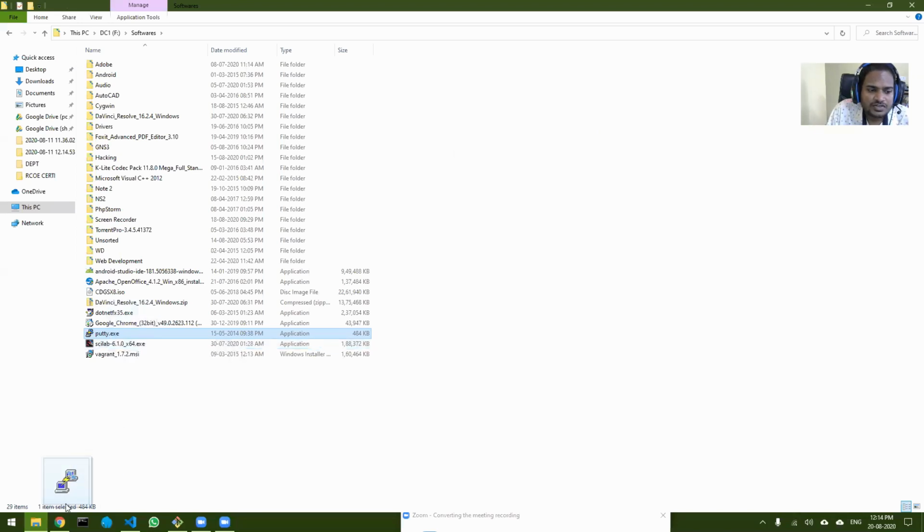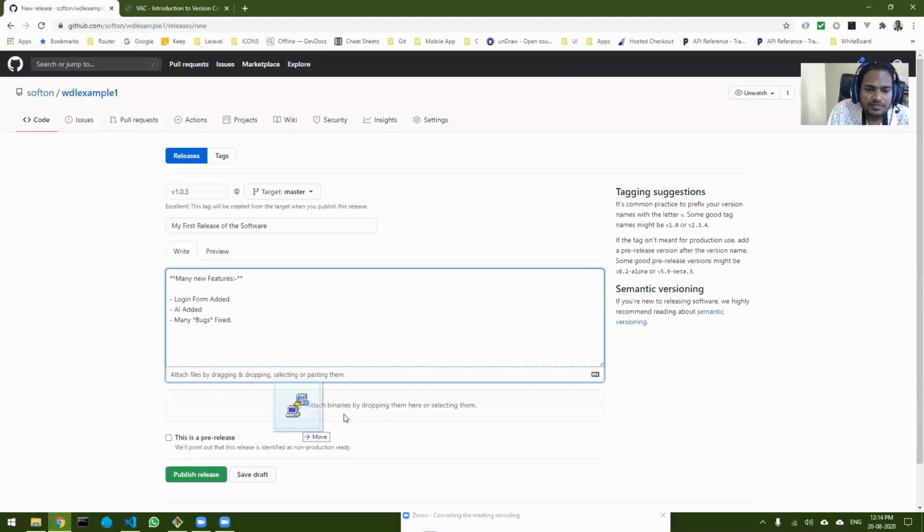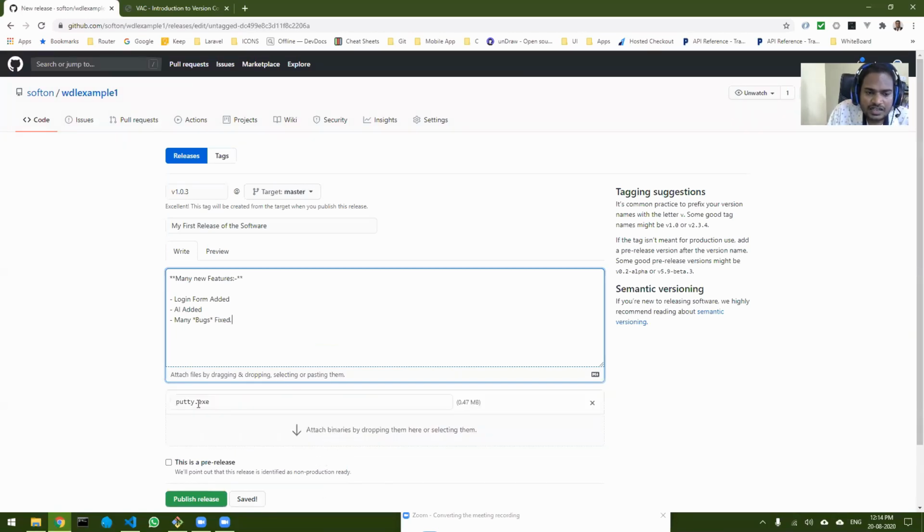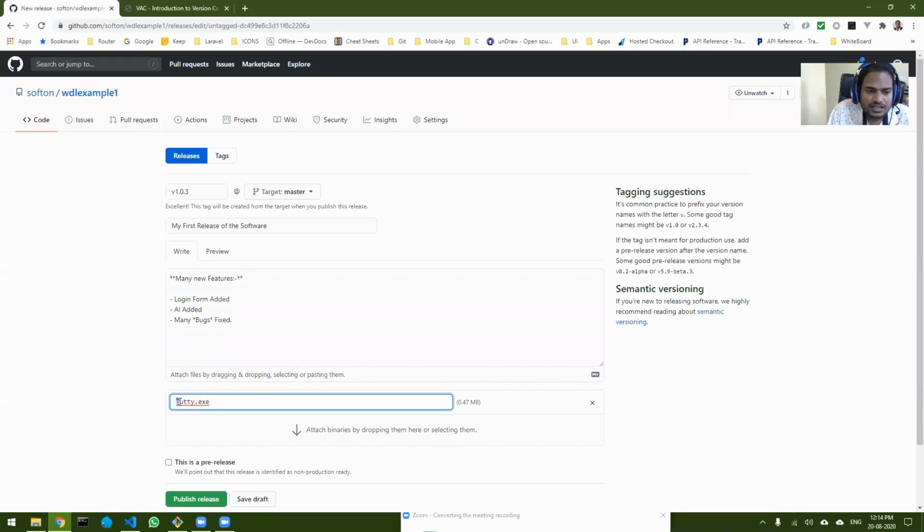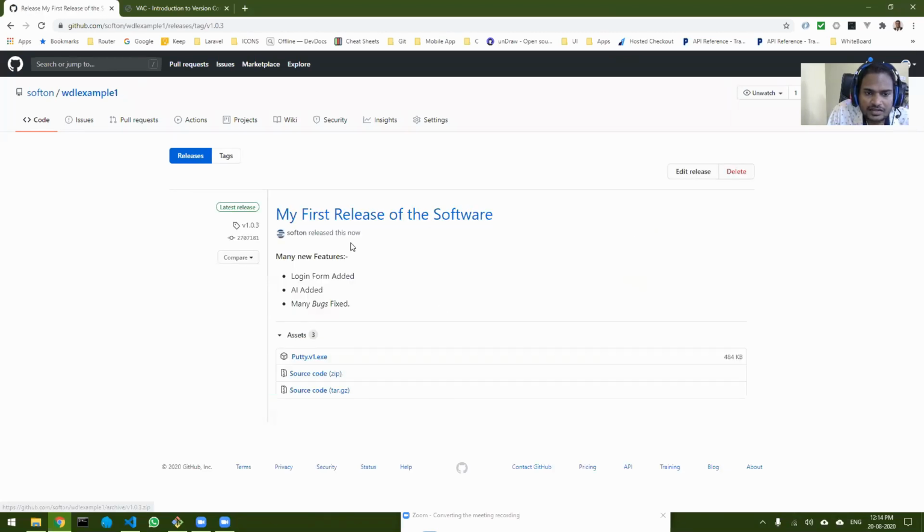I will just take this and put it over here. Now you can see the putty file is uploaded. I can rename it as putty version 1. And my software is released.